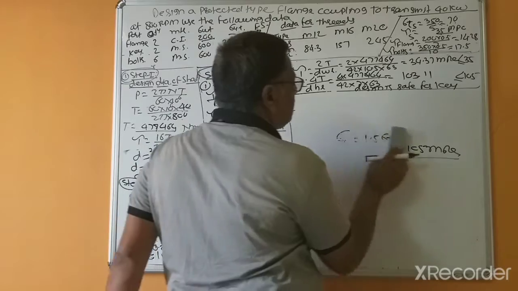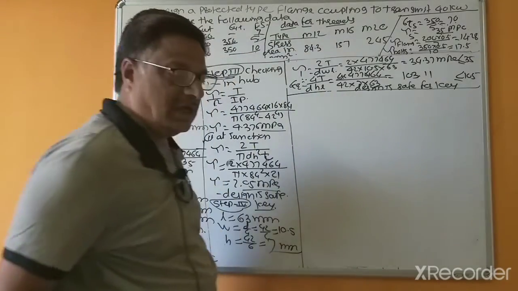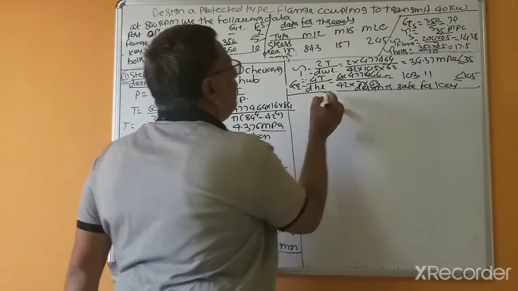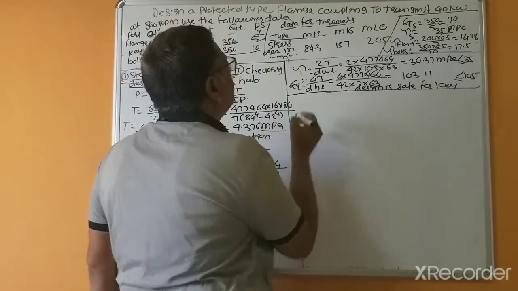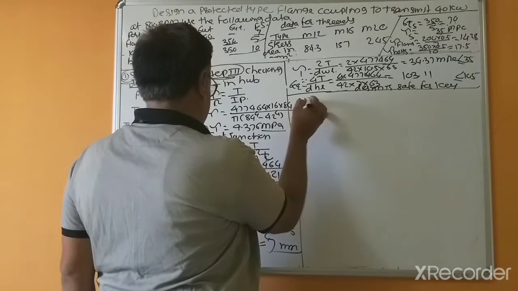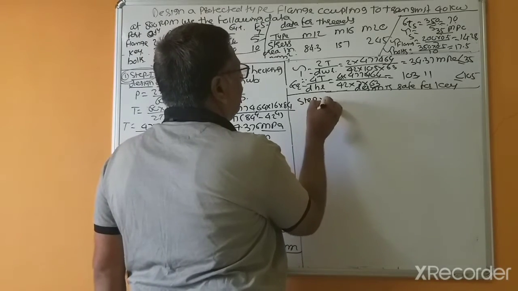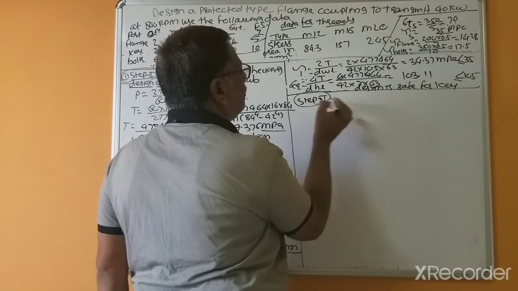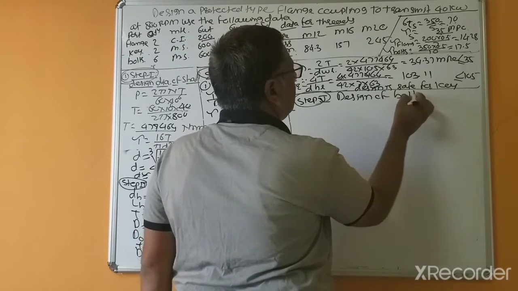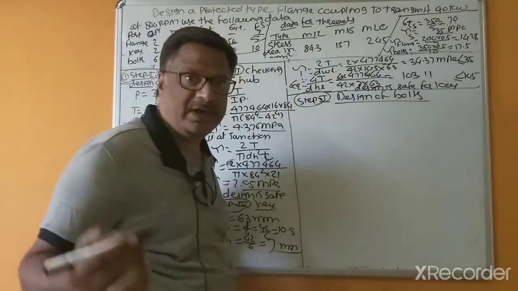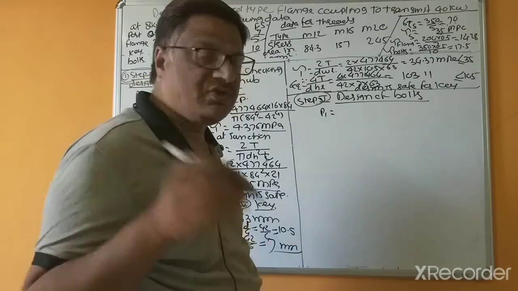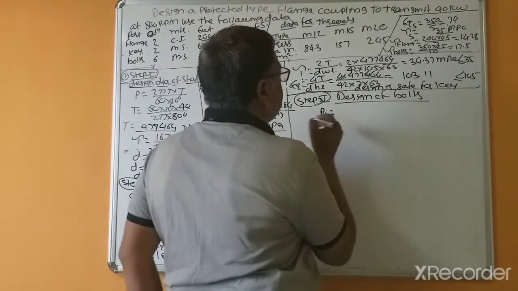So what are the next steps? Now here the area is given. So that's why we'll calculate first, I think this is the fifth step. Step five, design of bolts. First we'll calculate P1, the shear force acting on each bolt, and this is equal to,